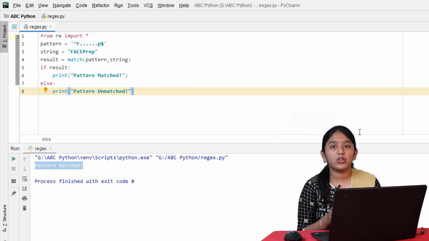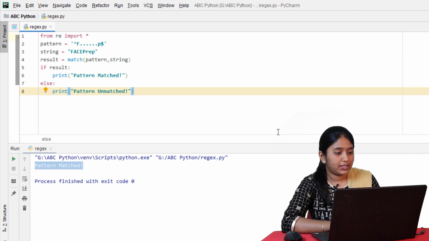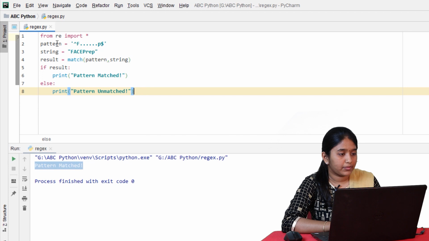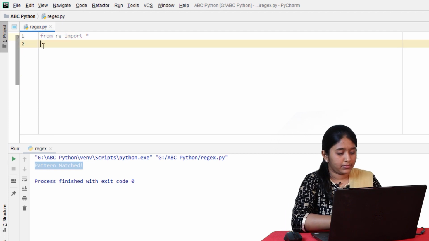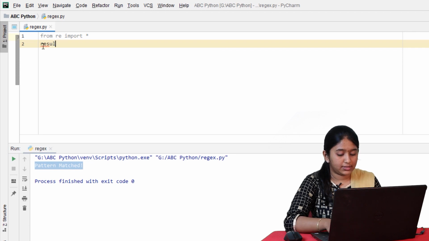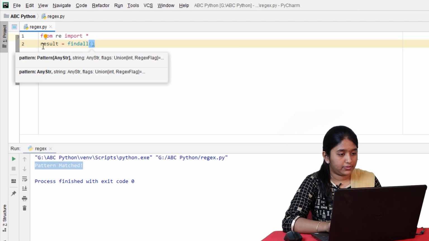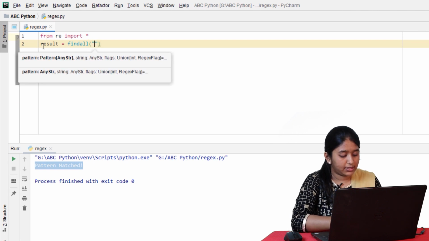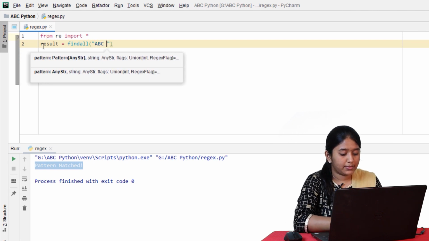In the same way, you can also check whether a character is present in the given string or not by using the findall method. Let's see how to do it. Let's declare a variable result is equal to findall of, first let's declare a string, ABC Python.